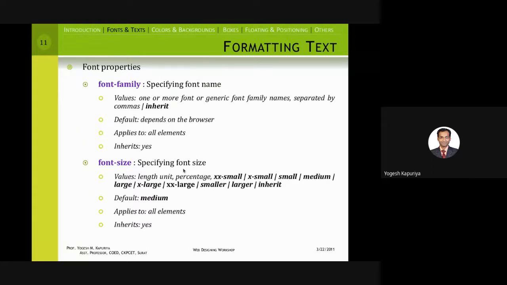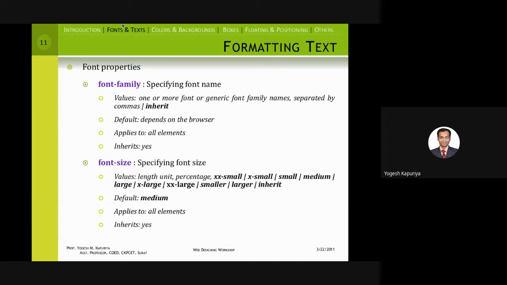In the subsequent slides, I will quickly overview the various properties which are available. See, this PPT was made in 2011, remember, so obviously it's not up to the mark. But these are some basic key values or properties which are applicable. It covers the majority, but I'm not saying this is comprehensive. It's not CSS3. Remember, there are other key value properties as well, which are not being covered over here.